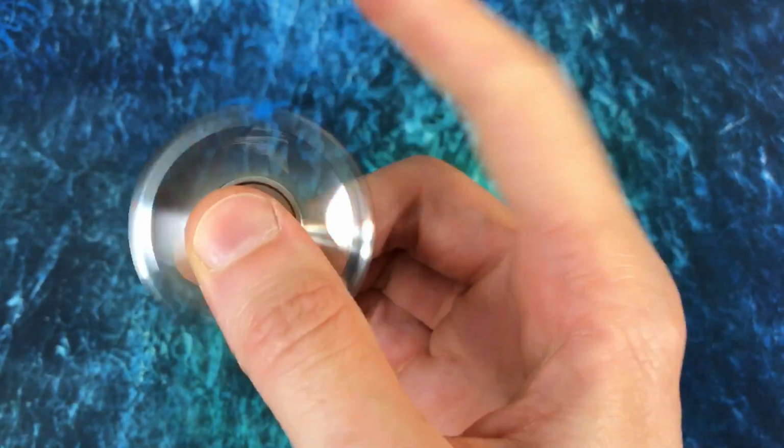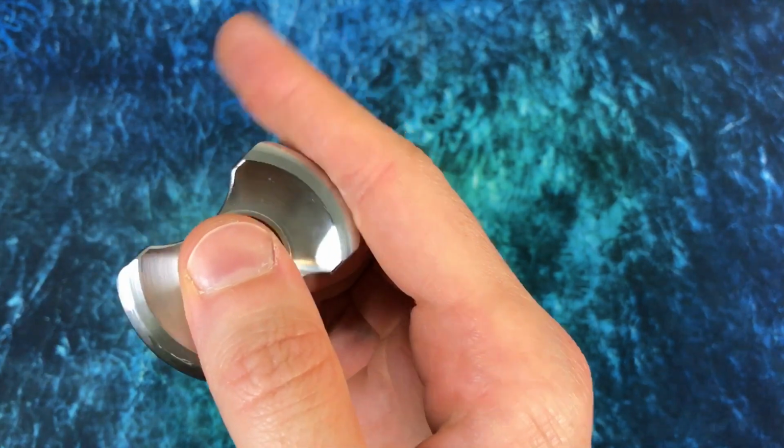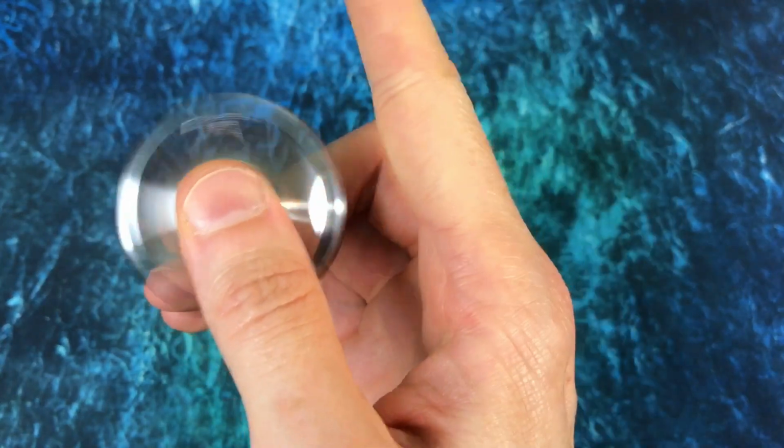Pulls are no problem any way you catch it. If you catch it on the edge, which your finger really wants to most of the time, especially if you're catching it at an angle, so it has to stop like that. That's part of the trick, right? If you try to jam your finger in there, but let your finger kind of...